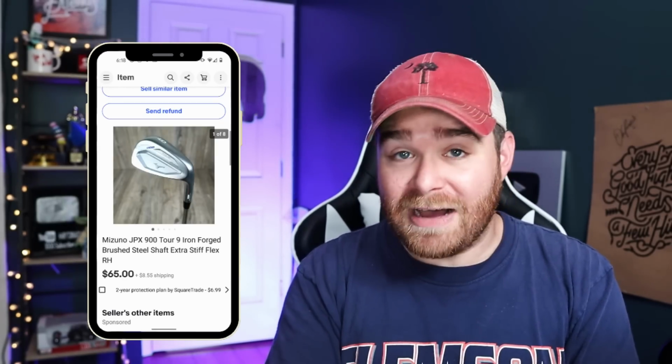We sold the Mizuno pitching wedge for $60. We sold the Mizuno 9-iron for $65 plus shipping on all these, and we sold the Titleist 50-degree wedge for $51 plus shipping. So having already made, I don't know, like $140, $150 back out of the $200 we spent, and we still have like